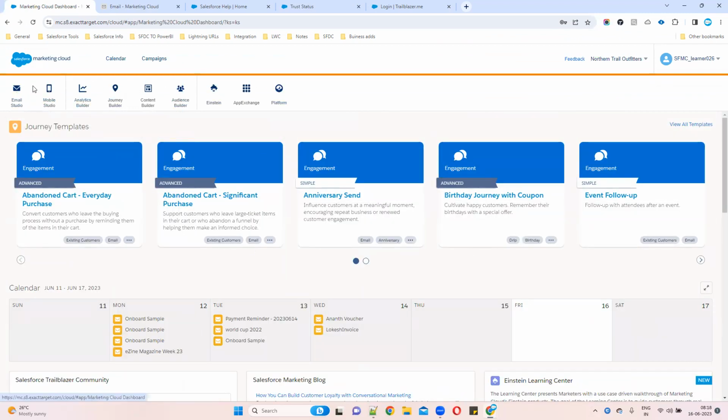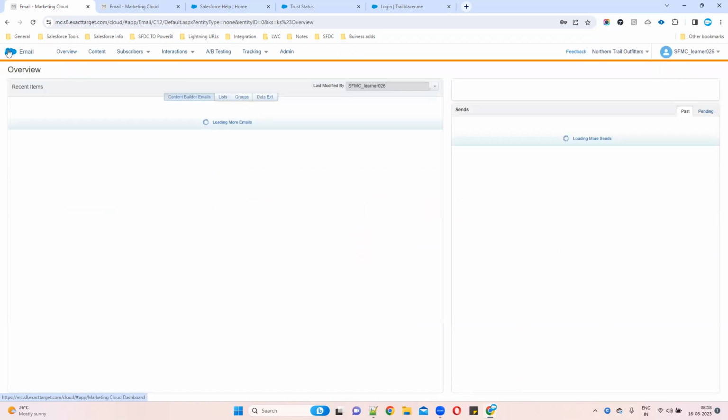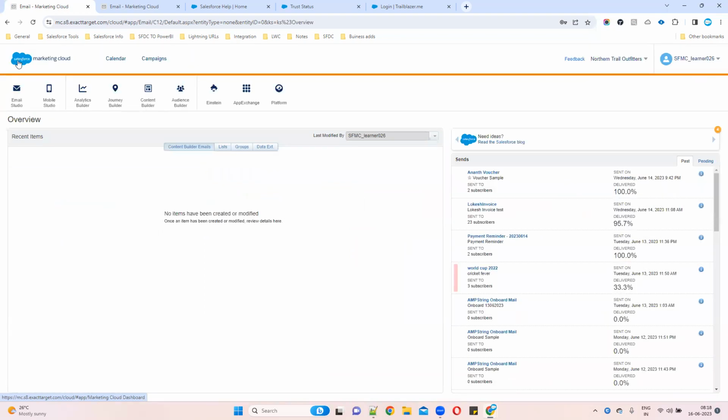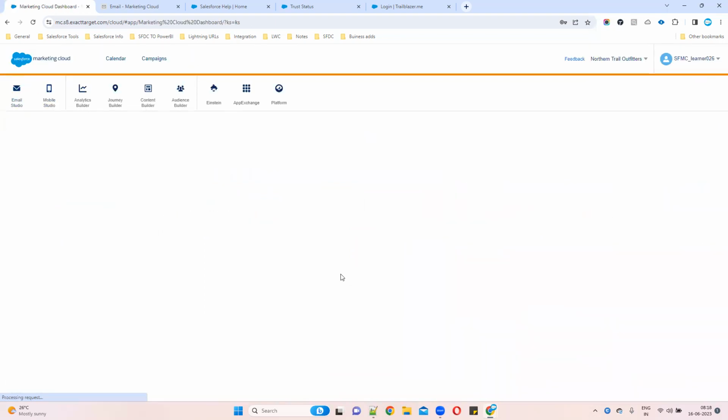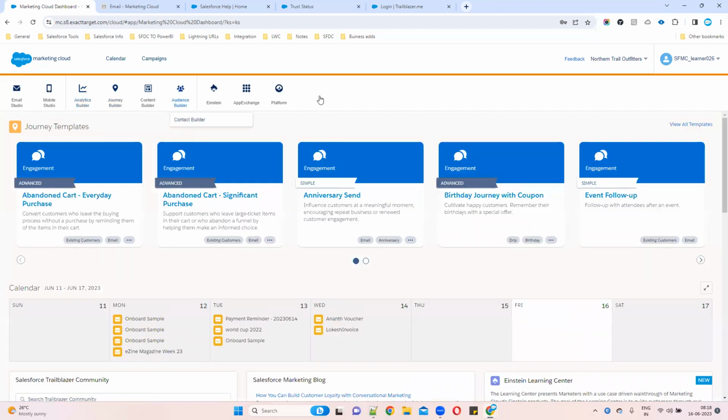So this is all about marketing cloud and studios. We'll go into detail later. If you want to switch to any application, just click the marketing cloud logo here, and it will open that studio. Again, if you want to come back to the old page with all the applications, click on your logo, and then only it will display all the applications again. If you want to open something specific, you can just choose whatever you want to open.